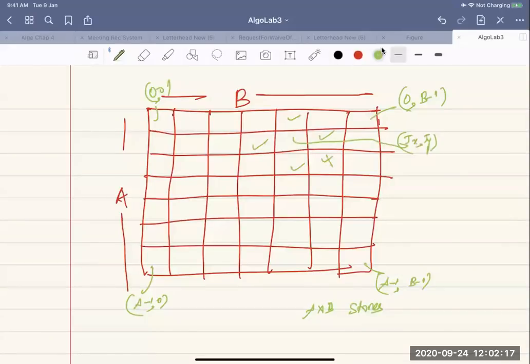Now the problem here is, as such, it can go to 4 directions, but some of the rocks are unstable. So let's say unstable rocks are denoted by a dash, and stable rocks are denoted by a star. Now what may happen? These two rocks are unstable, so James cannot go to this and this rock. It can only go to this rock, and let's say this is also stable, so it can only go to these two rocks. That is the constraint by which James can move, and of course it cannot go beyond the grid. If it comes here, it will not go beyond.